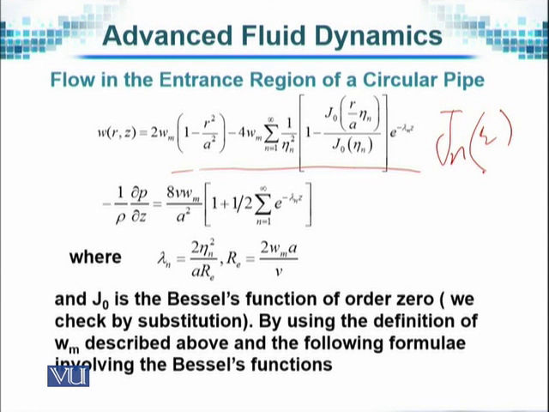Now this Jn can be written in the form of a series solution, and it is known as one of the special functions that occur in the problems of physics and chemistry. The Jn normally occurs when we are solving a problem related to circular geometry, and when we are solving the Laplacian equation, let's say del squared psi equal to 0 in cylindrical polar coordinates, then the solution psi will have J_n(r), the Bessel function, in its solution. So we are using that result